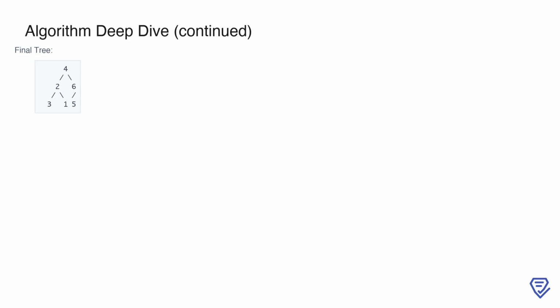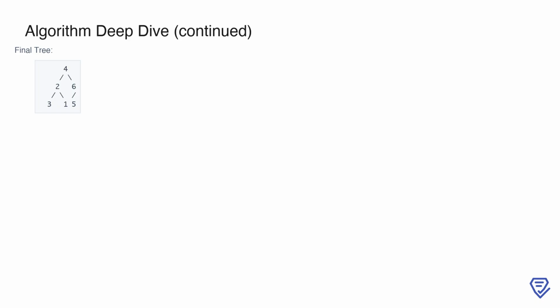The final tree structure resulting from the example input string 4, 2, 3, 1, 6, 5 looks like this. The root node is 4, with 2 as its left child and 6 as its right child. Node 2 has 2 children, 3 as its left child and 1 as its right child. Node 6 has only 1 child, 5, as its left child. This tree is a clear representation of the encoded string and demonstrates the algorithm's ability to correctly reconstruct the binary